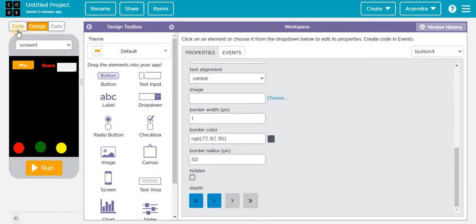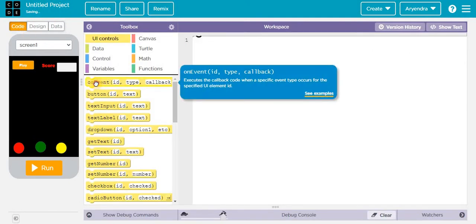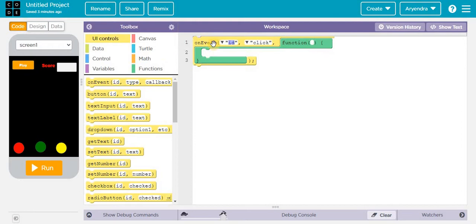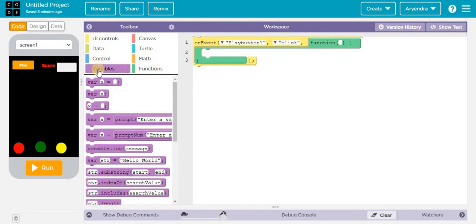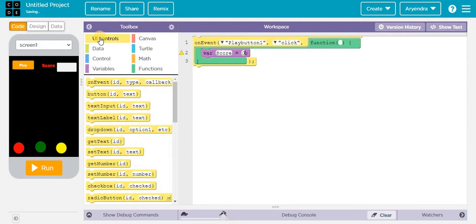Now we need to go to code and then take this on event and drop it here and then click on this ID and then select here button 1 and then go to variables, take this var x equal to and drop it here, then type here score, add the x, type here 0. Now we need to go to UI controls. Now we need to scroll down,